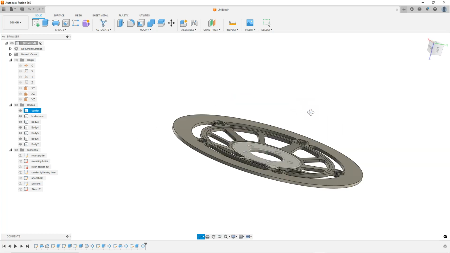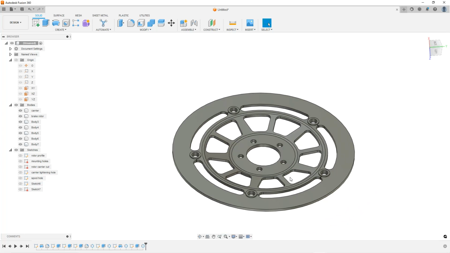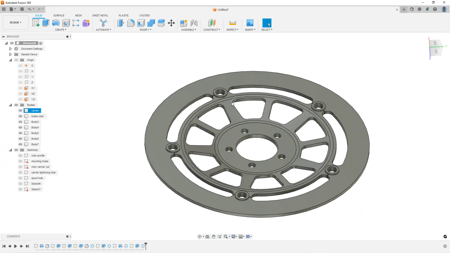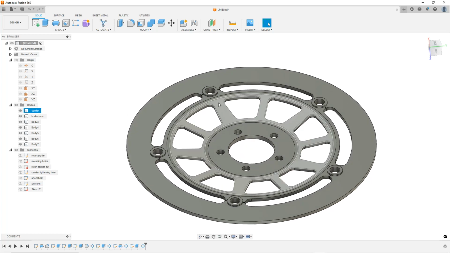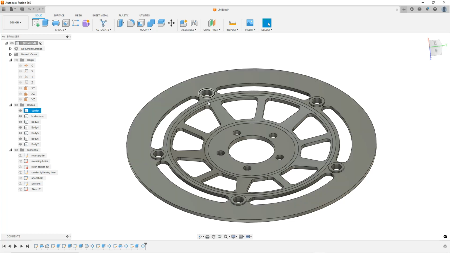All right. So one of the other things that Fusion can do, which makes your drawings either more realistic, or a little bit easier to interpret and understand, is you can add some color and texture to things. So in SolidWorks, I have kind of a palette of certain colors for certain parts. So you can definitely do that, or you can just make this rotor look a little more realistic. And the way we're going to do that is,